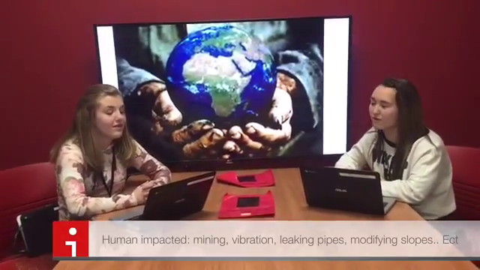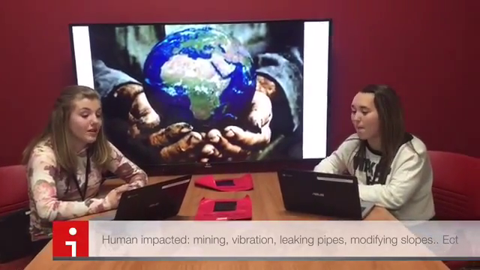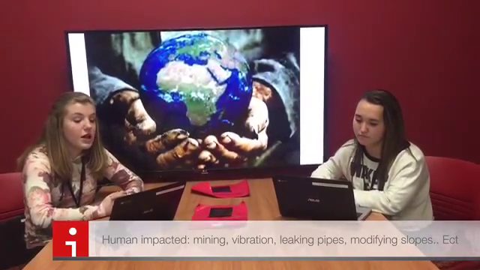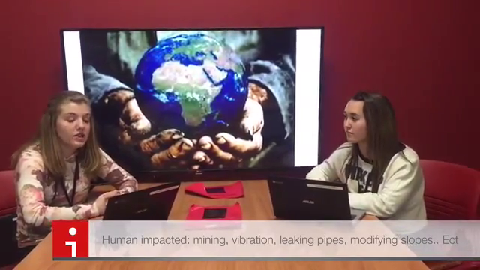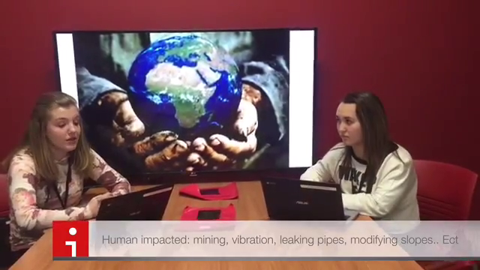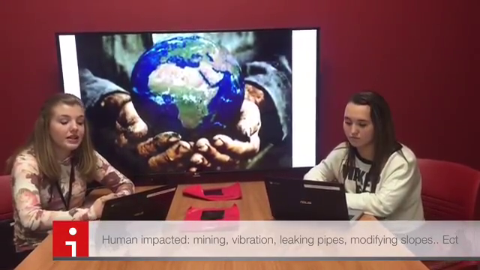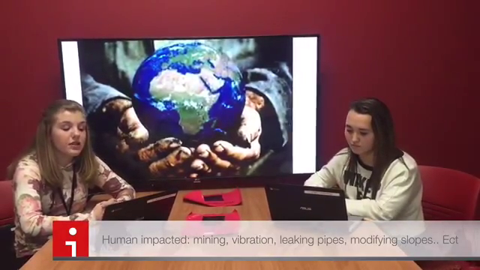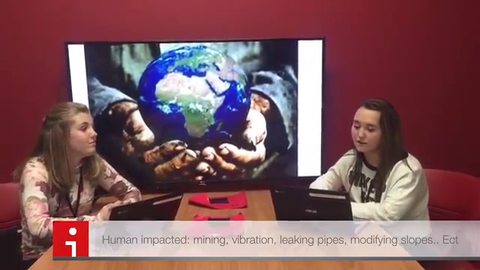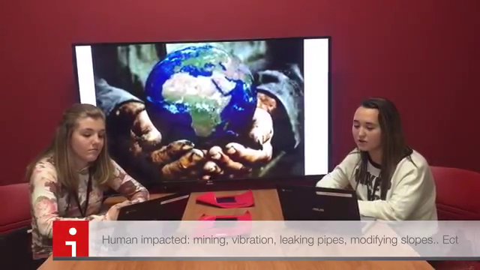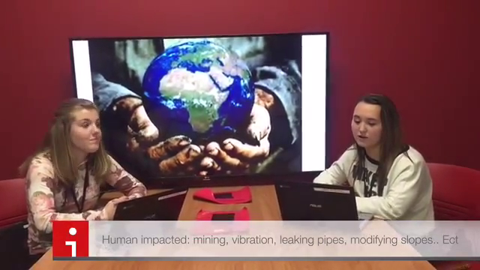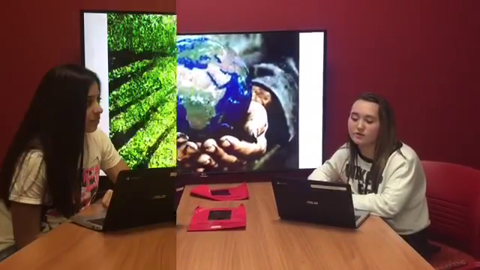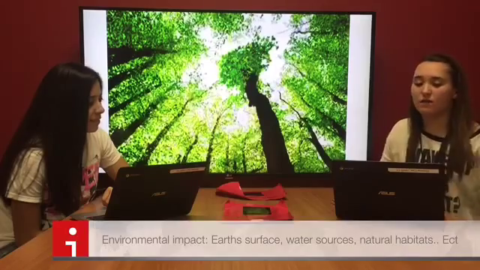So how do humans influence a landslide? They influence in many ways, such as removal of vegetation, leaking pipes such as water and sewer, modification of slopes by construction of roads, railroads, and buildings, overloading slopes, mining activities, vibrations of heavy traffic, blasting, displacement of rocks, etc. It is important for engineers and geologists to evaluate slope stability and any landslide threat during development so that slopes are not unstable.